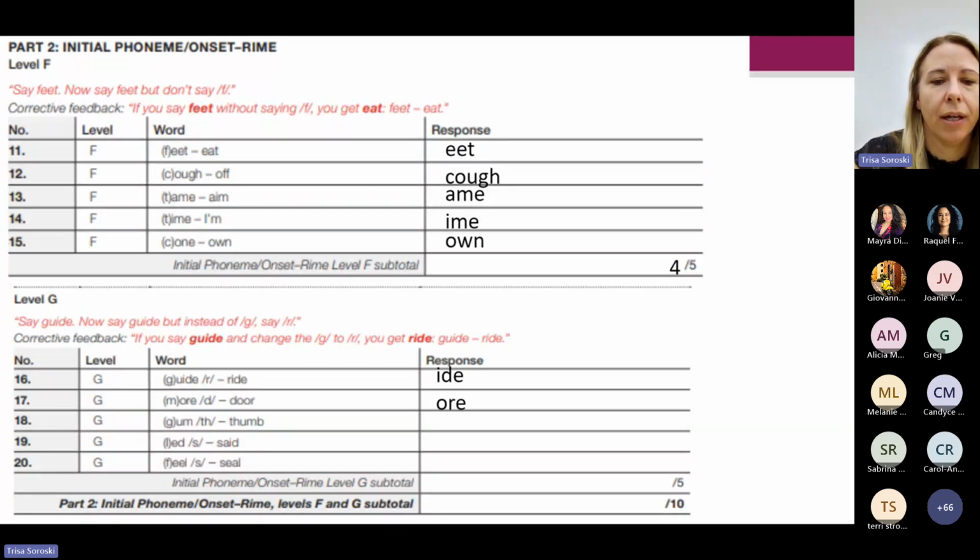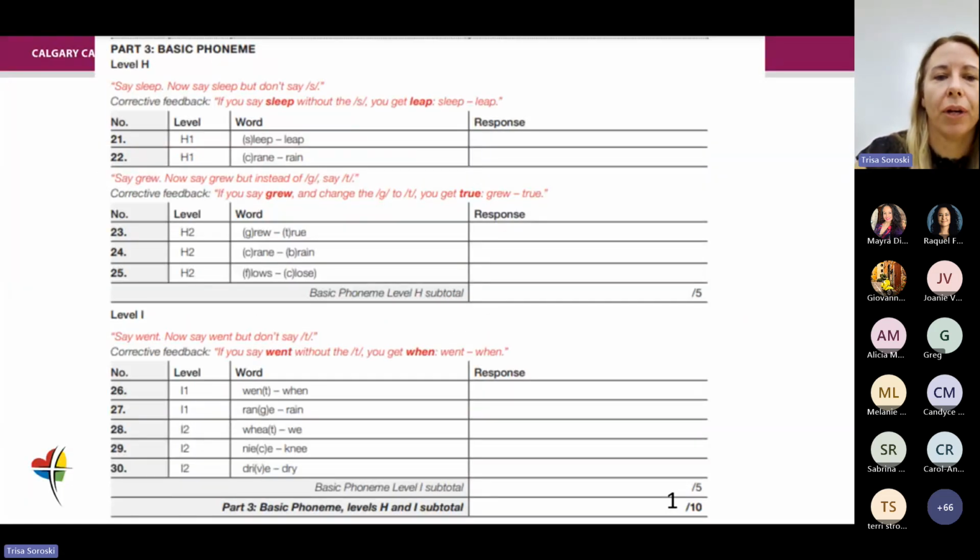Okay. I think you get the gist of this now. So on this one, they got 0. So for the set though, they got 4 out of 10. I need to keep going. Okay, so now we're getting into blends. If a student's doing this in kindergarten, you know that this kid's reading, okay, because they understand. But my guess is you're not going to get that far with lots of kids.